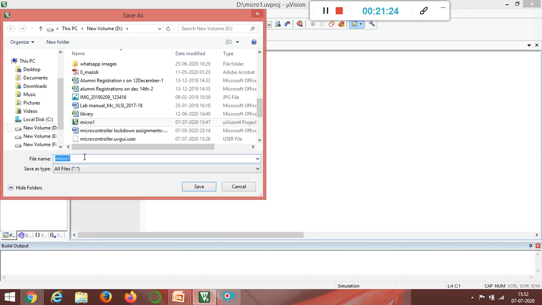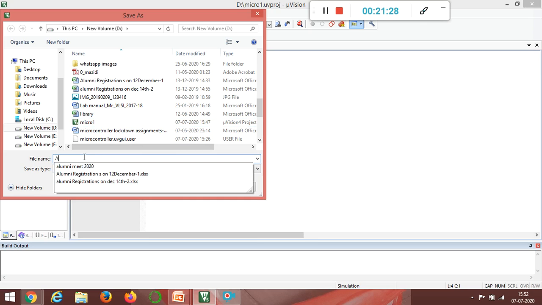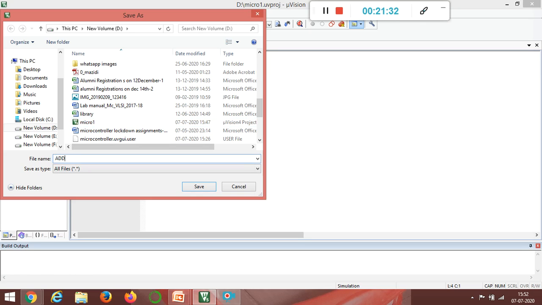Now you have to give the file name. I am going to execute the addition, so I will give add1. Don't give instruction names only, give a different name. I will give add1.s. You can give .s or .asm, any file. The s must be a small letter.